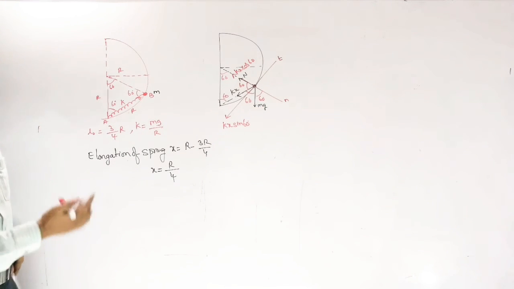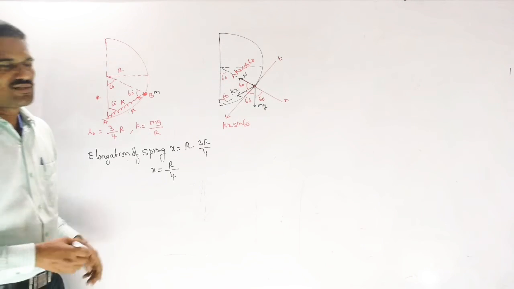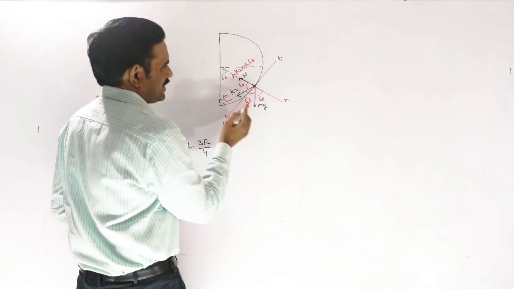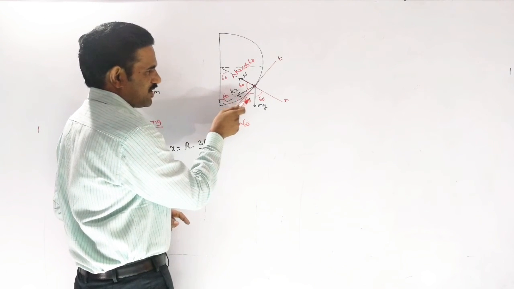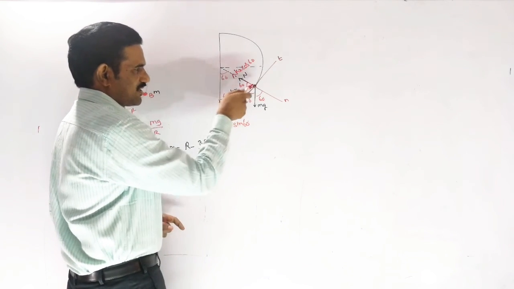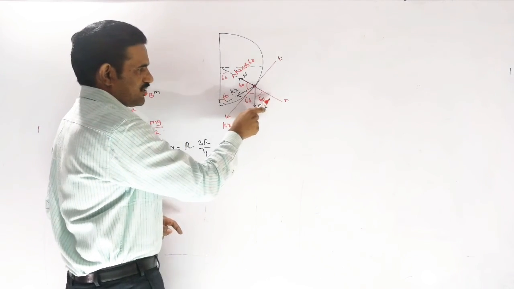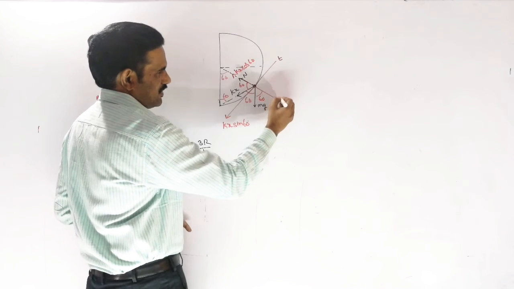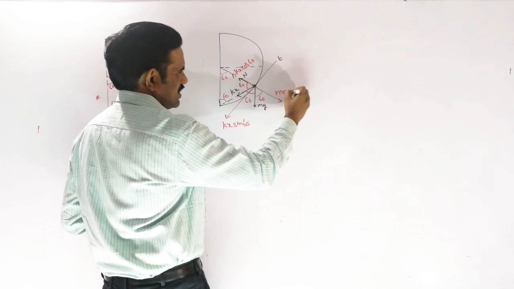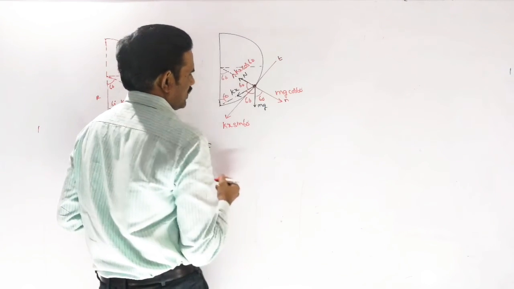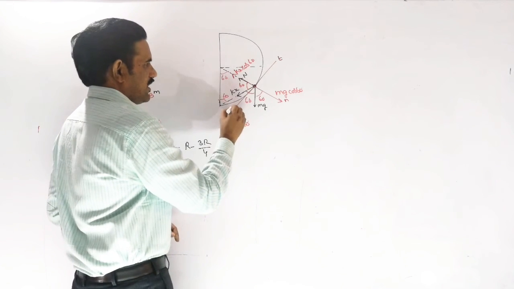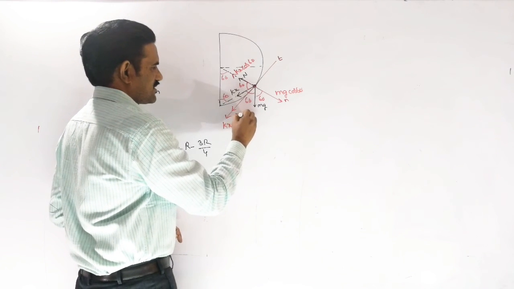That means mg is making an angle of 60 degrees with this normal. This 60 is not with the tangential; you need to identify that this 60 is with the spring direction here, so you can't resolve with the help of this. So I am taking this angle here, and this angle will give mg cos 60 along the normal direction, and along this direction mg sin 60 you will get.